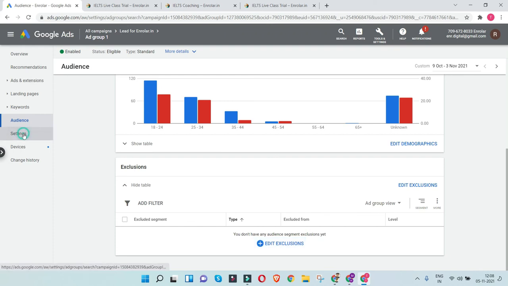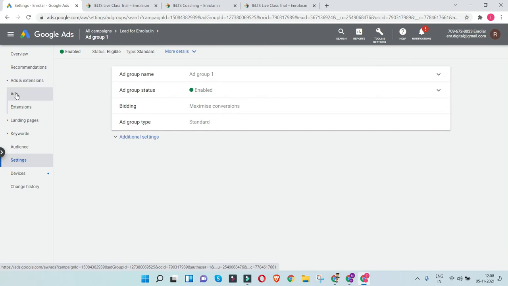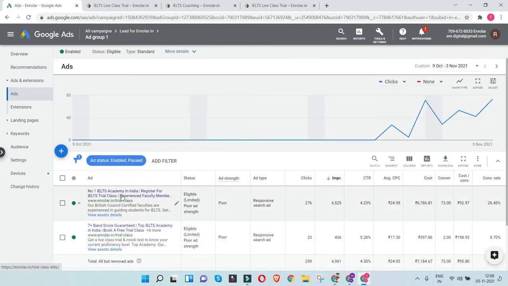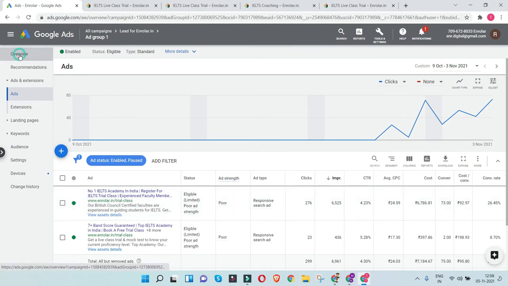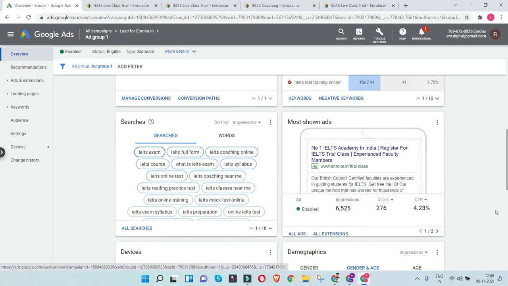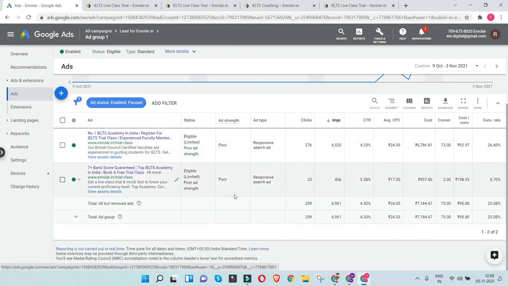Done. Next we shall also look at the different ad extensions. This is where you get to improve your ad further. If you look at the ad, this is how the ad looks. If you have a quick preview of it, you'll be able to see how this ad looks to the user. If you look at this ad preview over here, you get to know which ad copy is actually working better for us. Now click on all ads and look at whether you have created multiple ad copies.